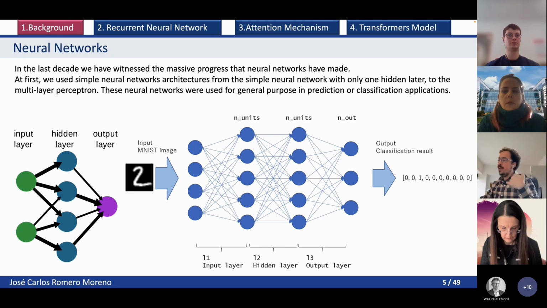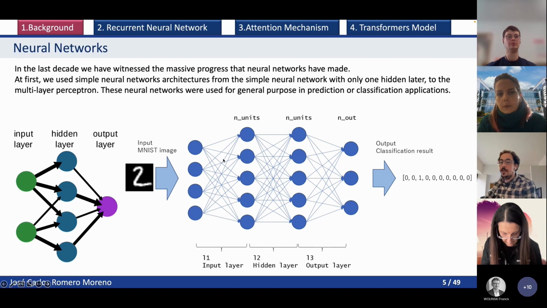At first, like 15 years ago, we just used one simple neural network called the multi-layer perceptron, whose theoretical development was in the 60s, so it's really old. But with the computational power developed in recent years, mostly with the introduction of GPUs,